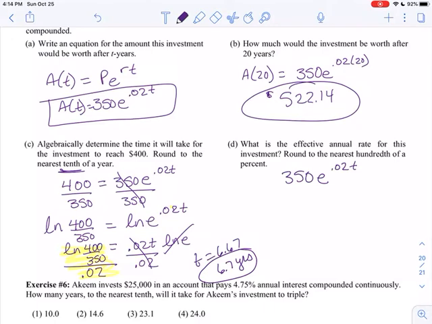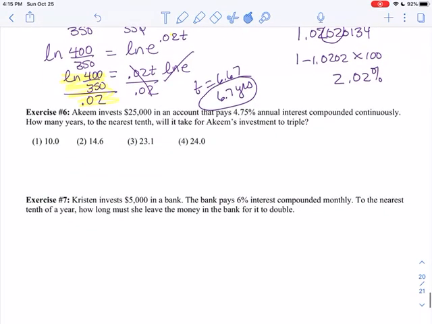So remember, I had 350 times e to the 0.02t. So I want to take that yearly multiplier, and that's going to be 1.020134. This 0.02 right here is this 0.02 that is right here, okay? And I'm going to subtract that from 1, times it by 100. Effectively, I'm getting 2.02%. All right, don't worry about that one though. Let's just look at a quick